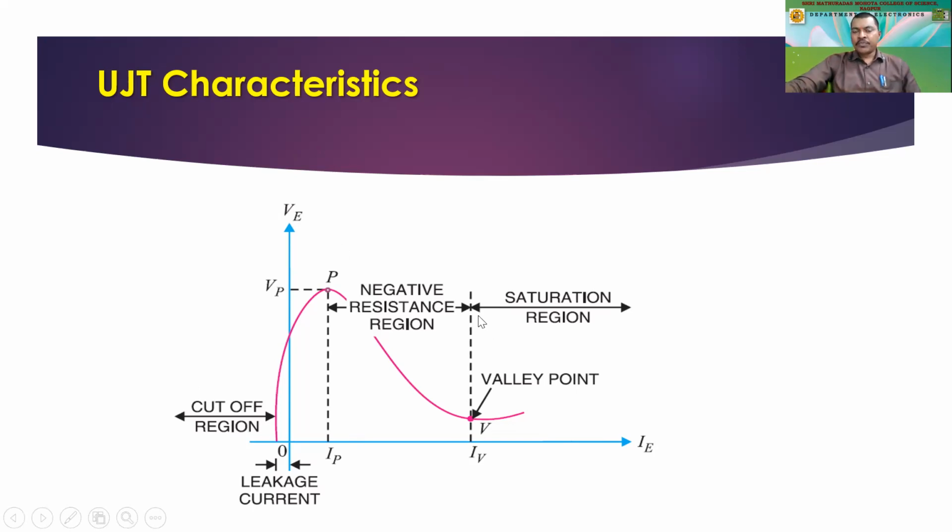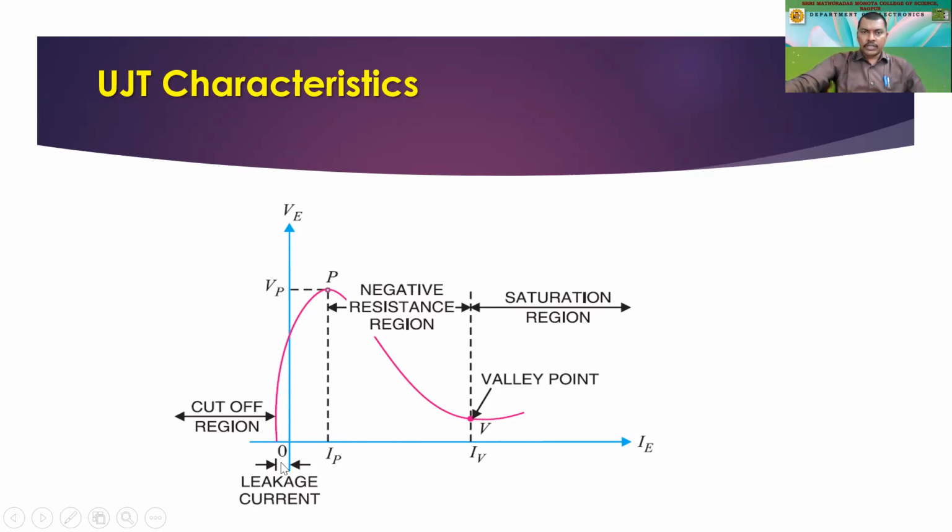So remember, this is the change. I've told you, while plotting a graph, whatever we are supposed to change, that particular change is taken on the x-axis, whereas whatever we are getting out of that change, we take on the y-axis, right? So the same concept is used over here. Here we are going to change the emitter current, and the emitter voltage accordingly is going to change. So that's why we have taken the current on the x-axis, and the voltage drop across the emitter we are taking on the y-axis.